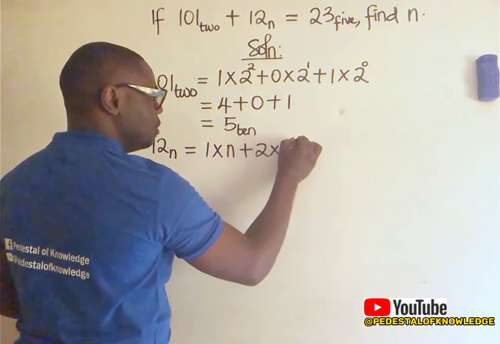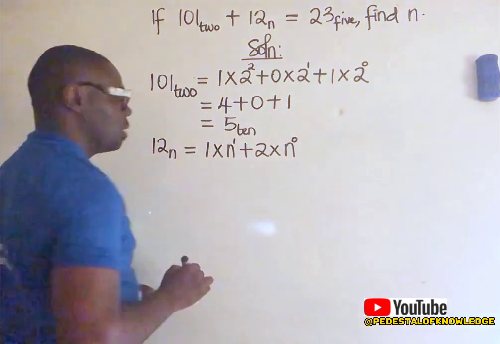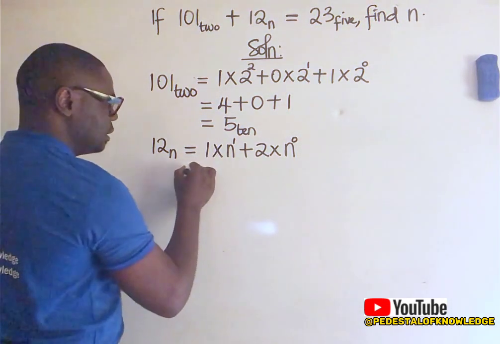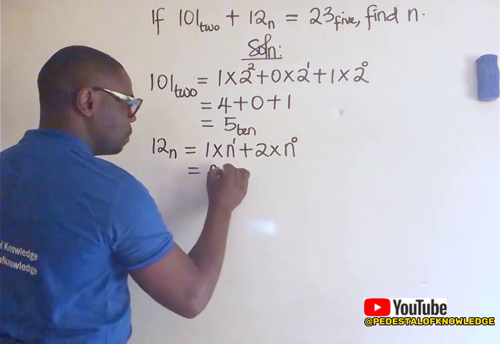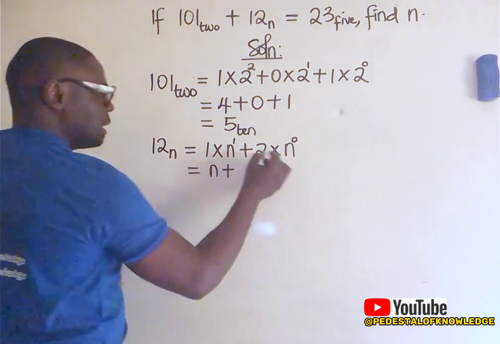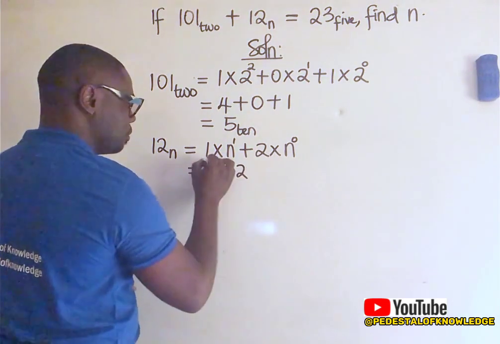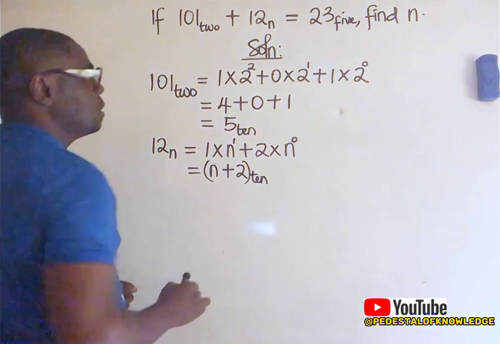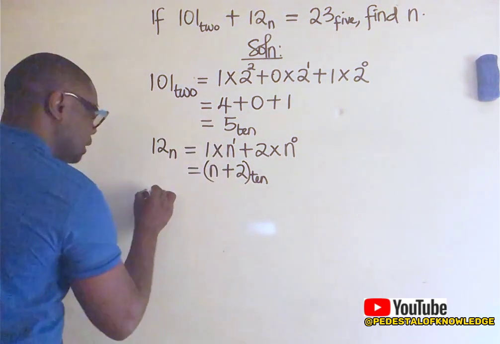So we have 0 and we have 1. All right. Now n raised to power 1 is equal to n. n times 1 is equal to n, plus n raised to power 0 is equal to 1. 1 times 2 is equal to 2, so we have n plus 2 in base 10. Okay, now the next number there is 23